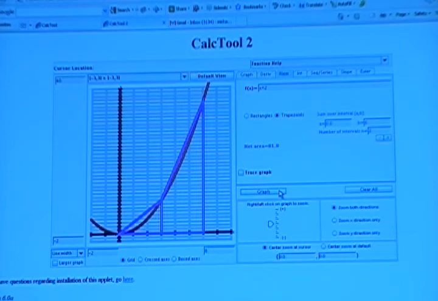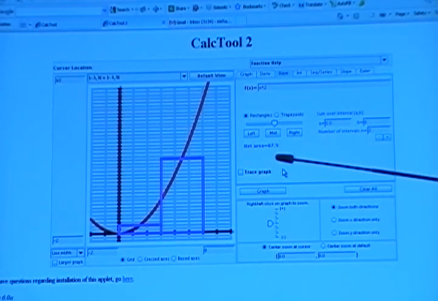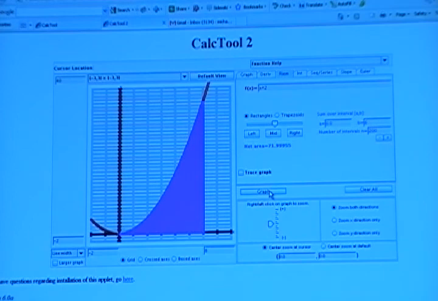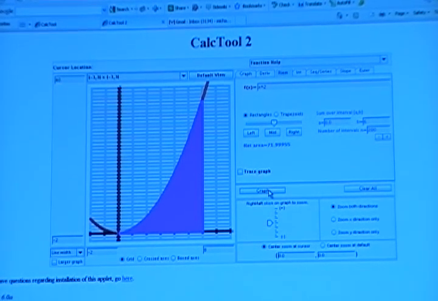And now let's use the midpoint rule. To use the midpoint rule, we select rectangles again, and we click on the mid slider, and it tells us here that the net area is 67.5, which is closer than either the left-hand or the right-hand rule when you're only using two intervals, but still not as close as it could be. So we can also take the midpoint rule using rectangles out to 200 intervals as well, and we graph that, and now the midpoint method gives an area of